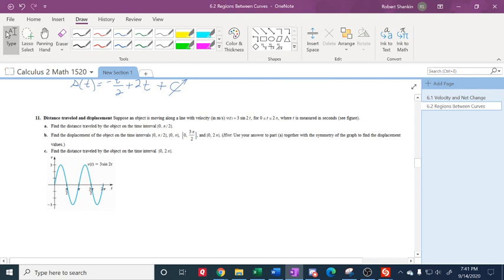Alright, so in this first interval, on A, the distance traveled, we have to treat everything as a positive velocity. Well, everything is a positive velocity inside that because it's all above the t-axis. So I just need to do distance traveled in this case